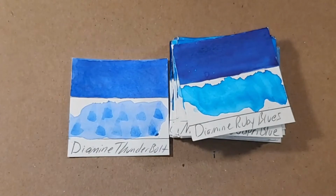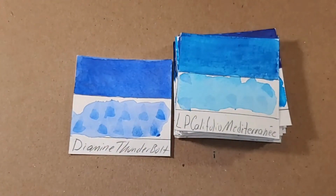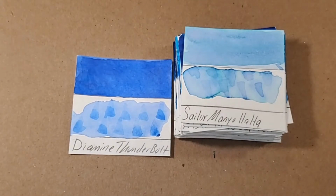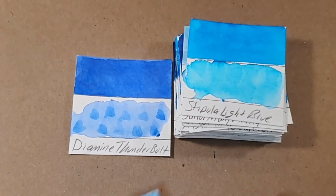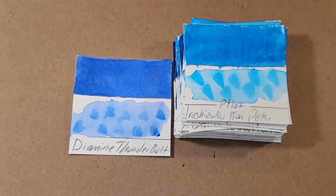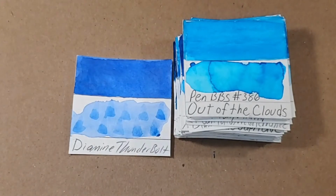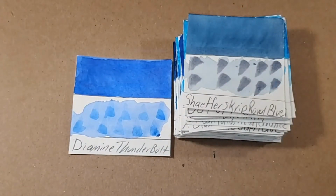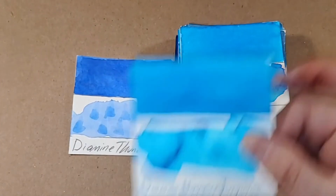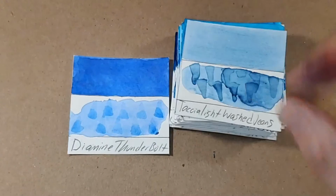Diamine Ruby Blues, L'Artisan Pastel California Mediterranean, Sailor Manyo Haha, Stipula Light Blue, Twisby Sky Blue, Pilot Iroshizuku Konpeki, Jeabon Blue Provence, Penbibius 386, Schaefer Script Royal Blue, Carcos Turquoise, Diamine Havasu Turquoise, Tasha Jeans Light Washed,